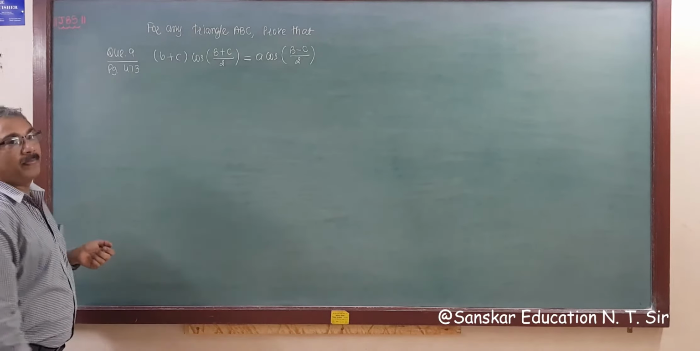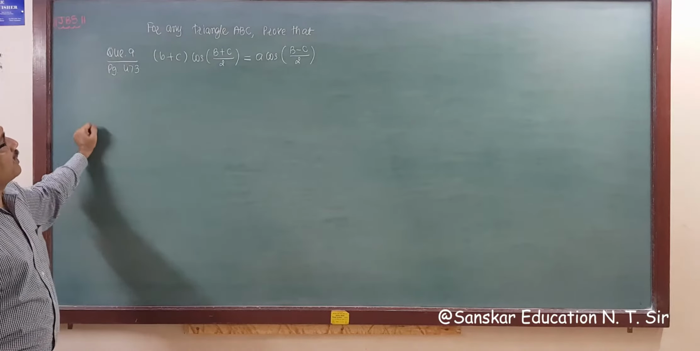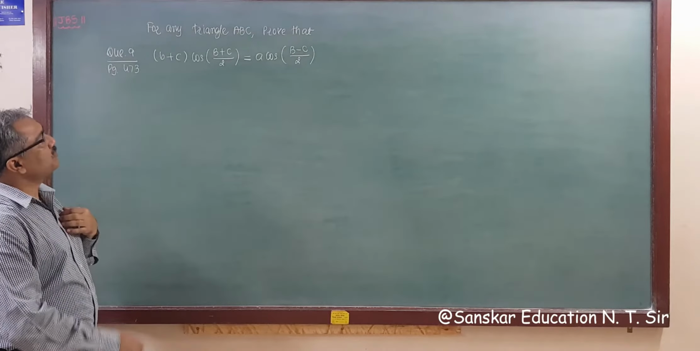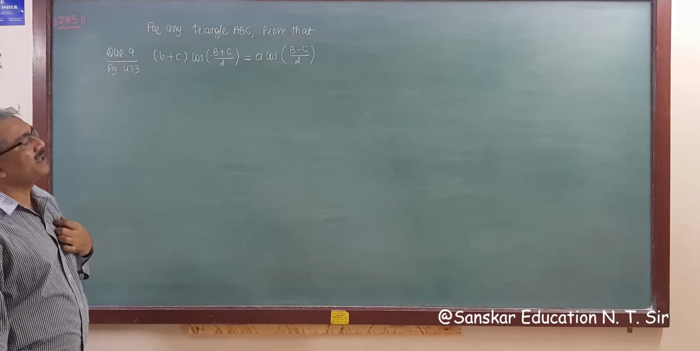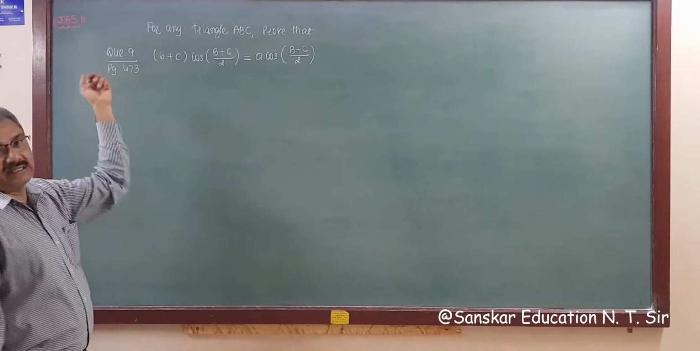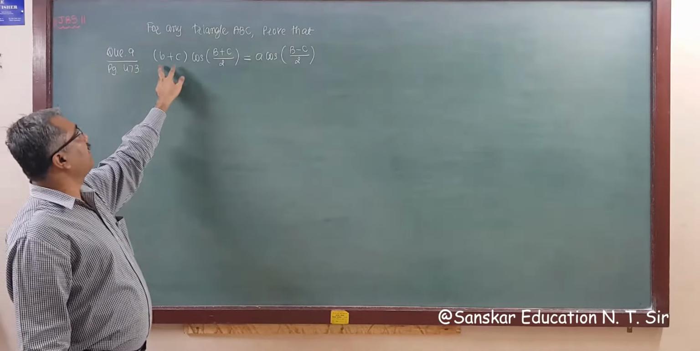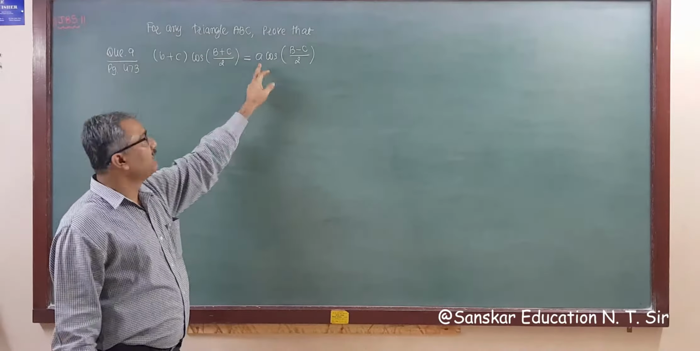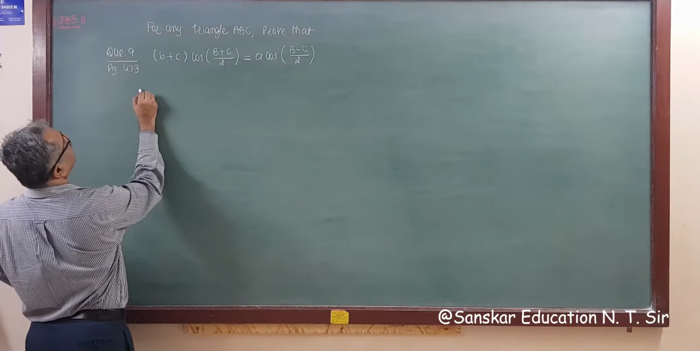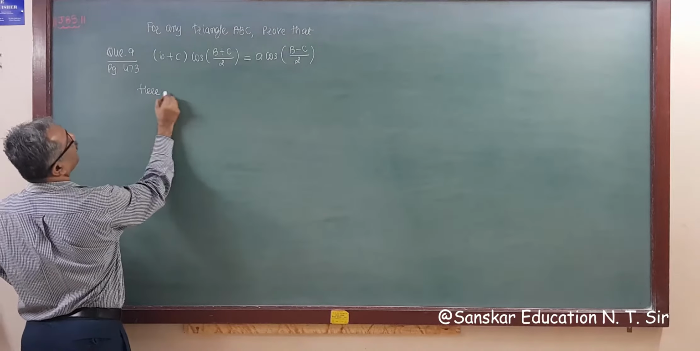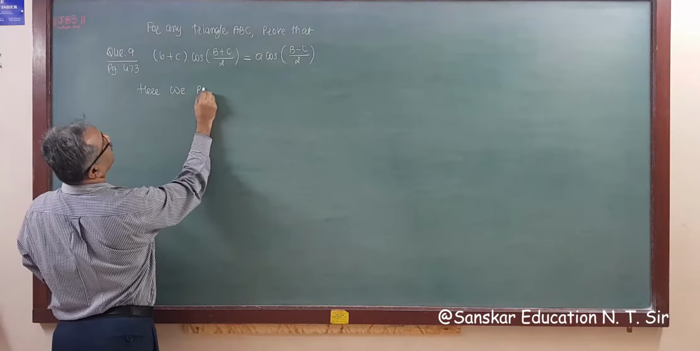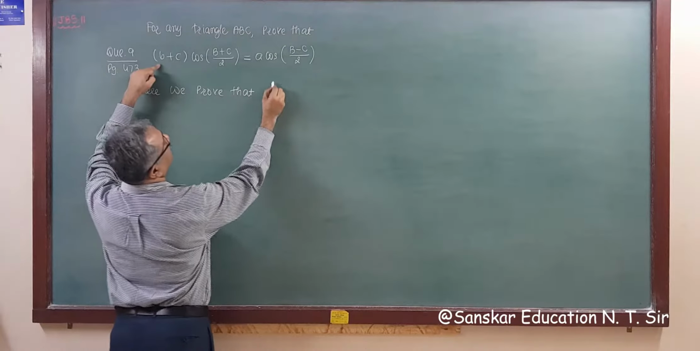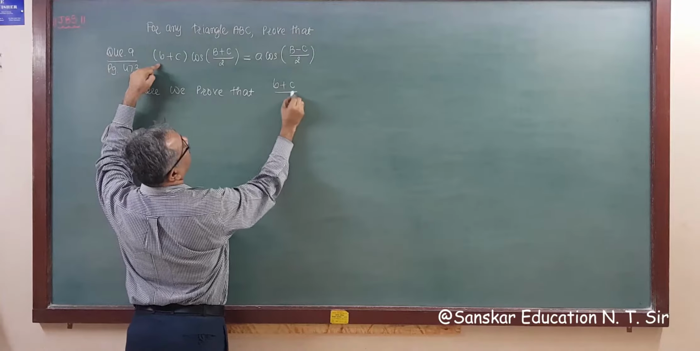Question number 9, page 473. For any triangle ABC, we have to prove that (b plus c) cos((b plus c)/2) is equal to a times cos((b minus c)/2). As we discussed, we are interested to prove in small letters, that is using sides. So we prove that this is (b plus c) whole upon small a,